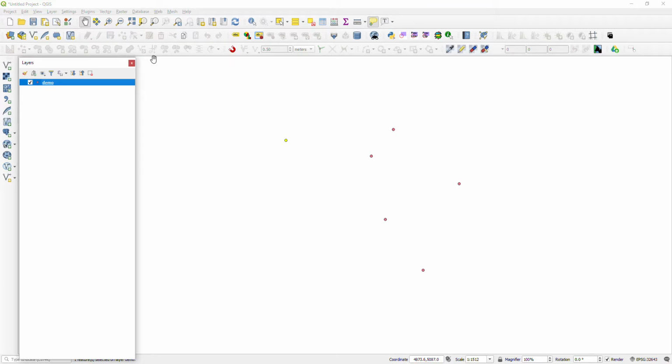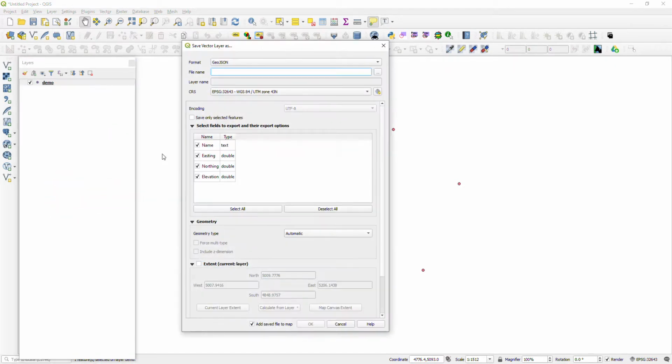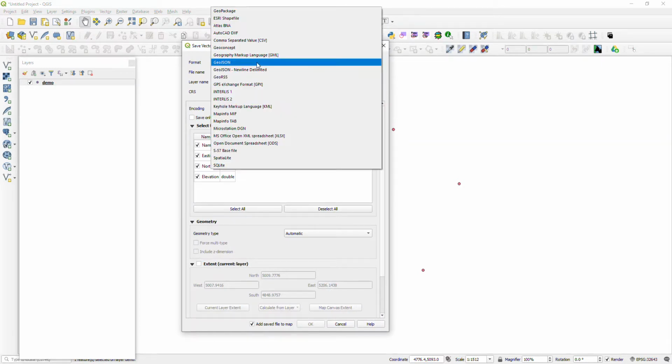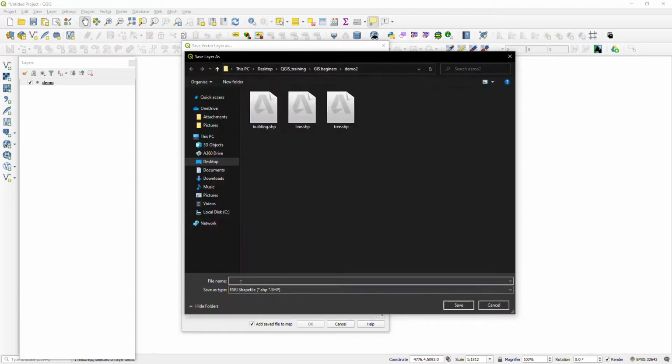For converting the CSV file into shapefile, right click on the layer, export, save features as. From the format drop down, you can choose the shapefile. Give the file name GCP.